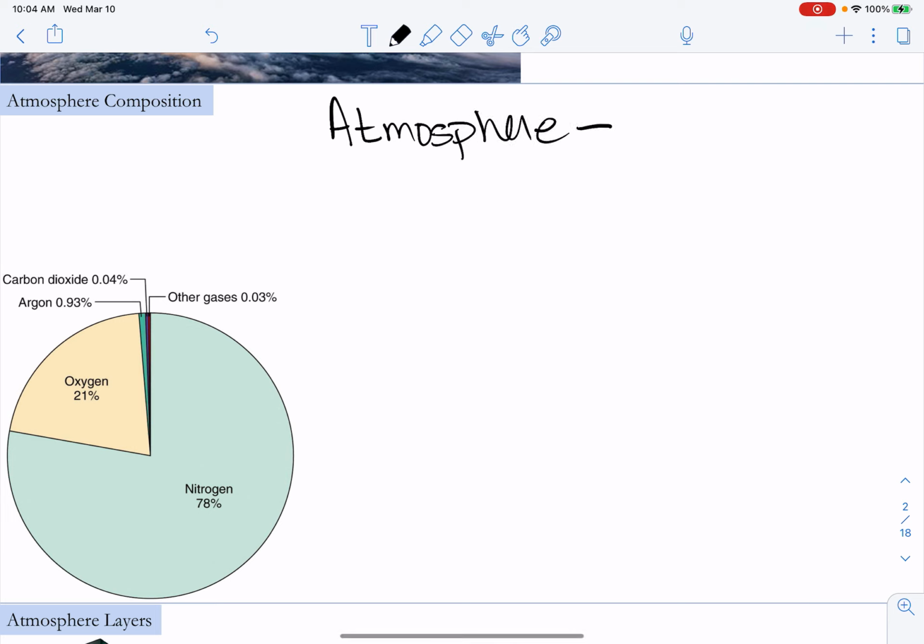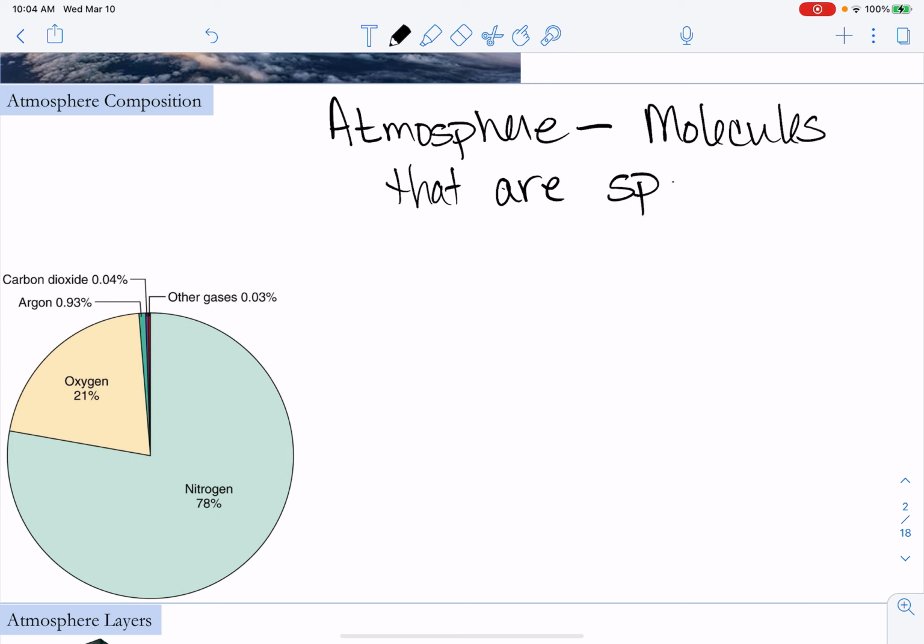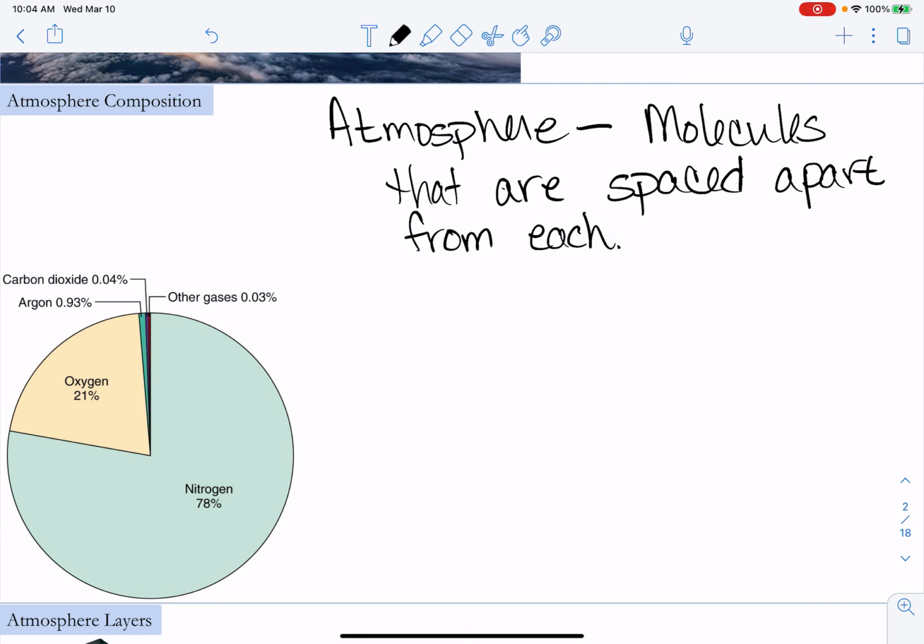And this is just, so we do have molecules that are spaced apart from each other. So what do I mean from this? I don't think I talked about solids, liquids, and gases, but when we have soils, all of our little molecules are really close together. So here is how close little molecules and particles are when we're dealing with soils.